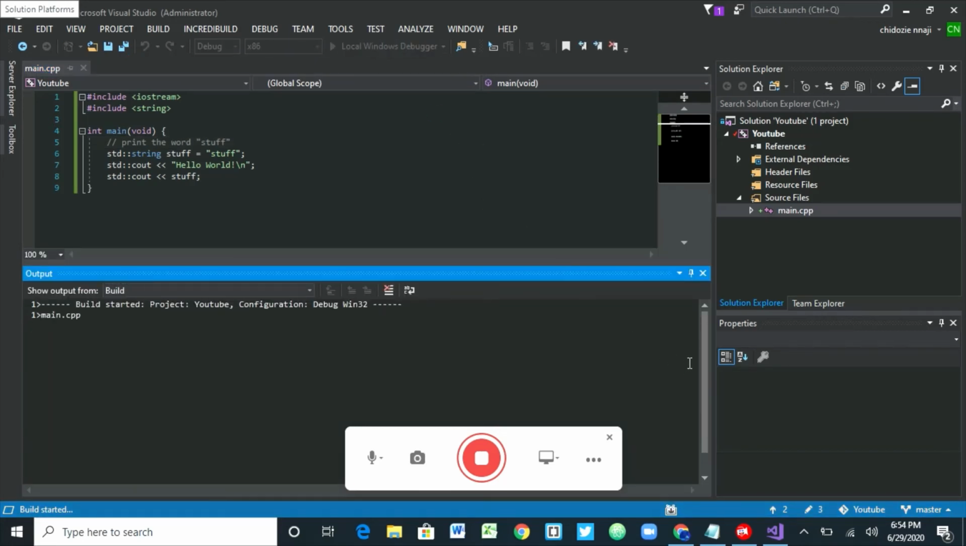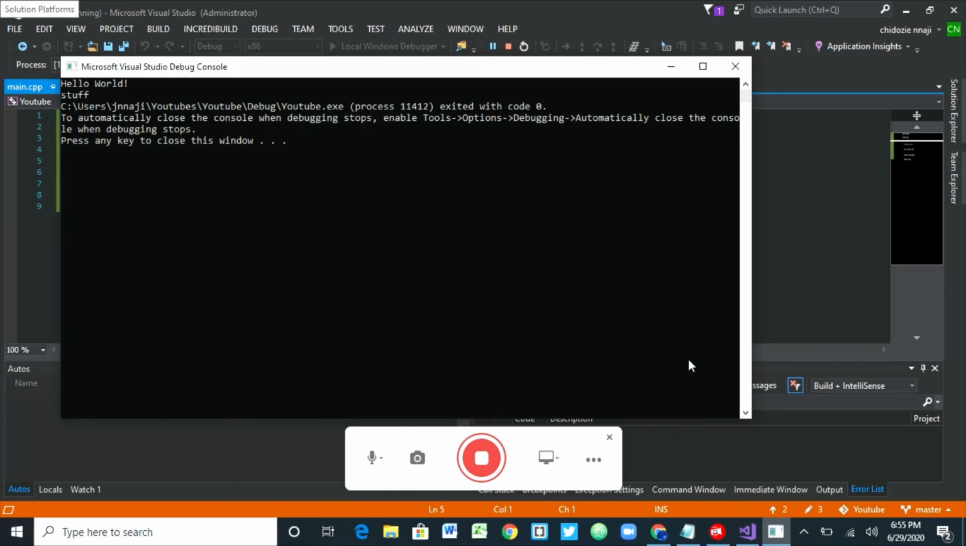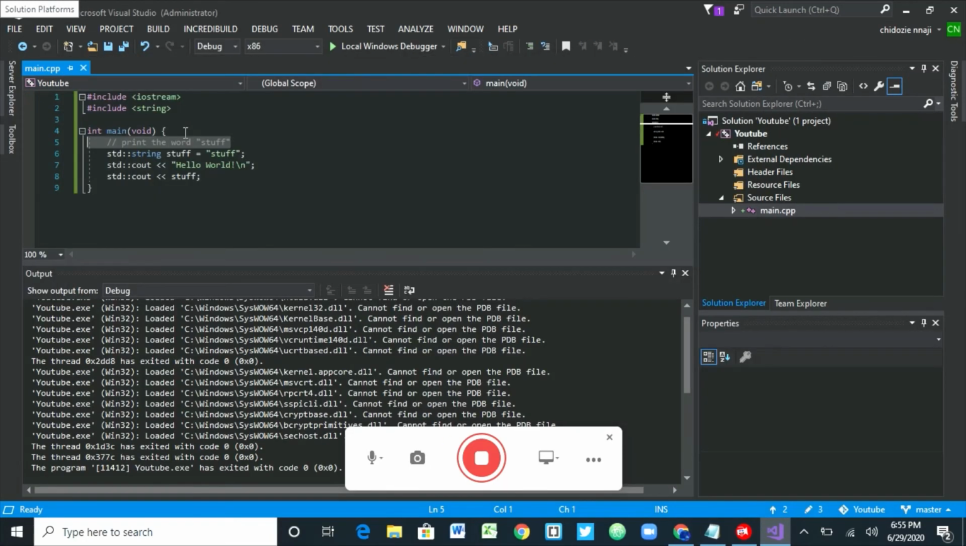If Visual Studio keeps acting up, I'm just going to switch to Paizo. Alright. So hello world, it didn't print the comment. That's what I was trying to say. But